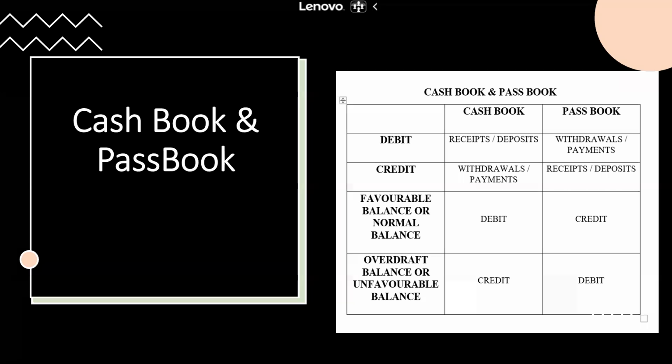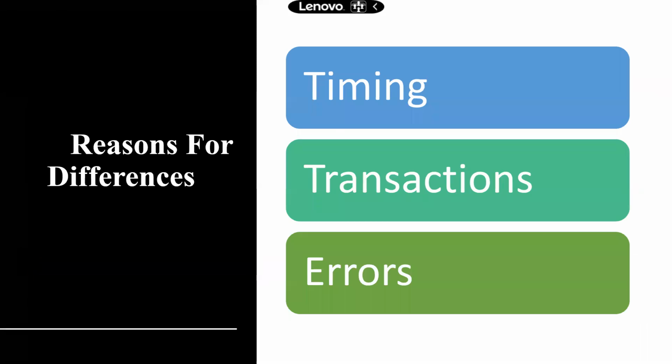Right? So we are clear with what is a cash book and what is a passbook. As I said, actually speaking, your cash book and passbook balances should be same. So now we will look at why these balances are different and why we prepare the BRS. See, what am I telling you all this time? Whatever transactions we are entering in the cash book, the banker is entering these transactions in the passbook. Still, there is a difference between the two books. Now, why is there a difference? That is what we will understand now.